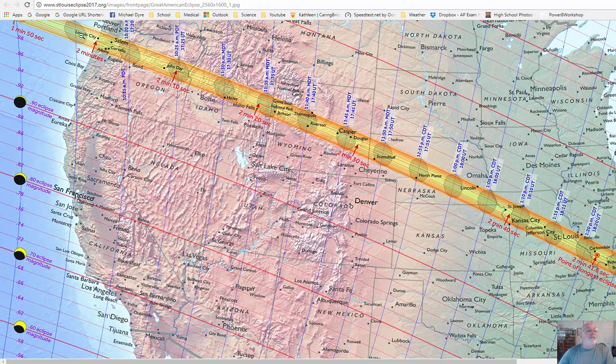But anyway, if you take a look at it, the eclipse is going to come on. Looks like about each of these is 5 minutes apart, so it looks like it's going to come on around 10. And I'm also getting street work, so if you hear vibrations due to that, they're out there paving my street. But anyway, looks like about